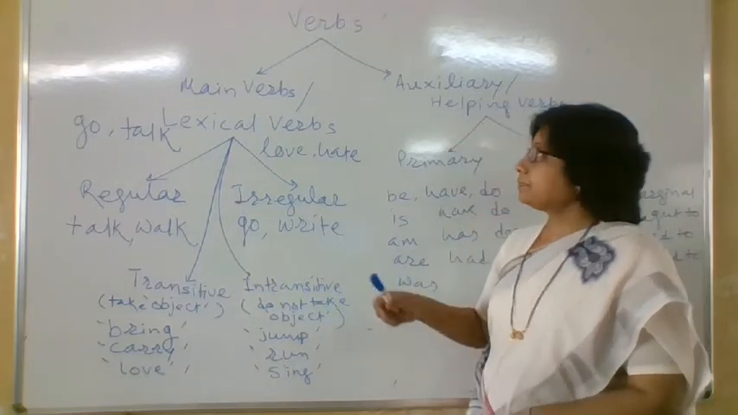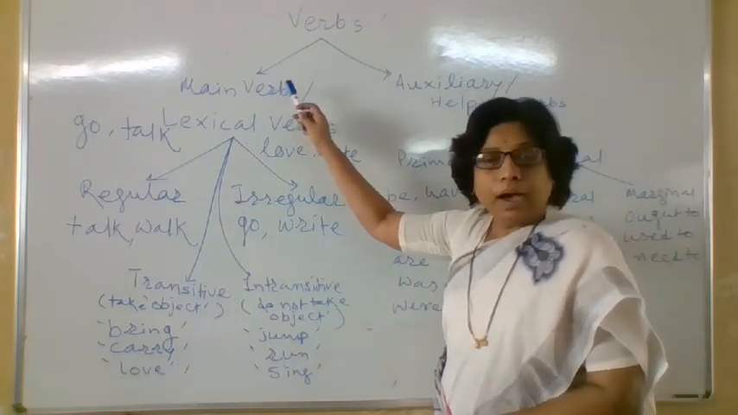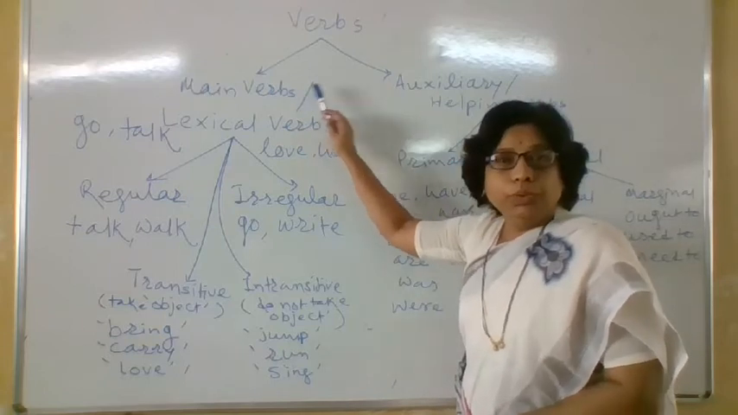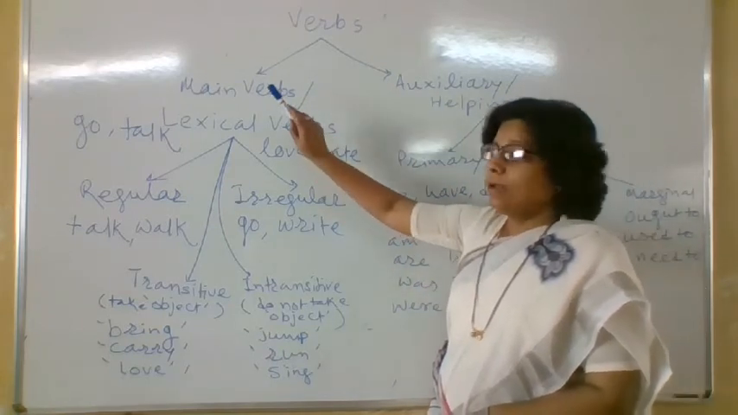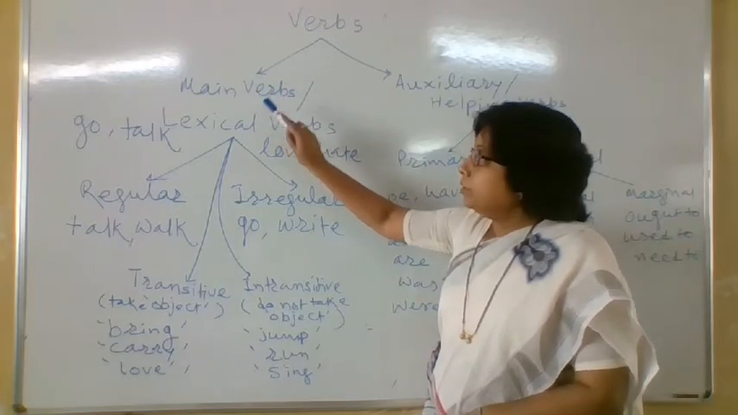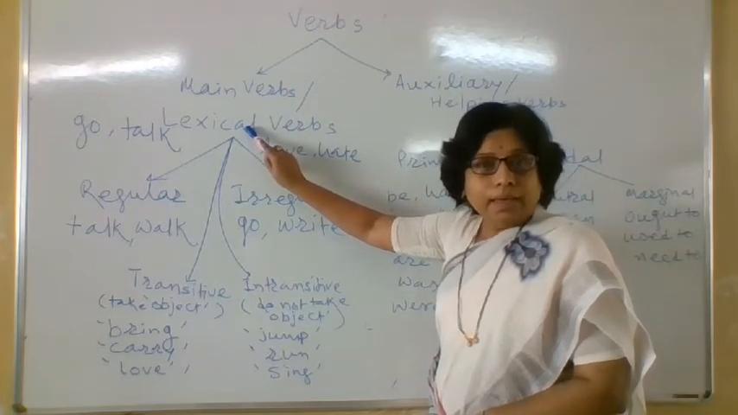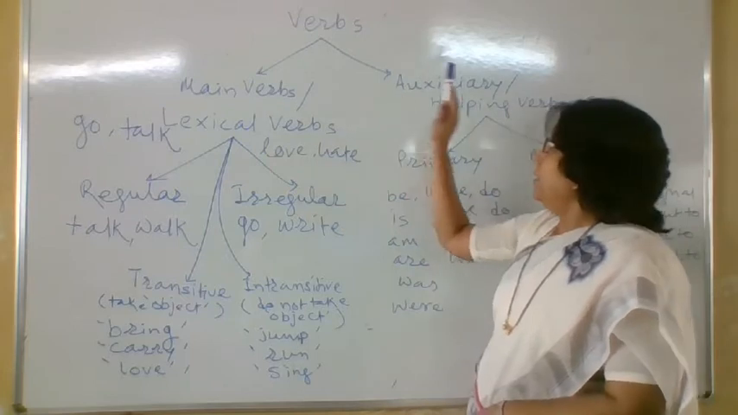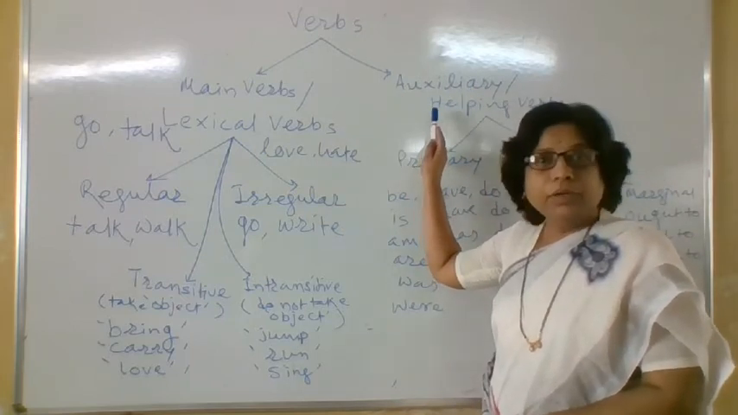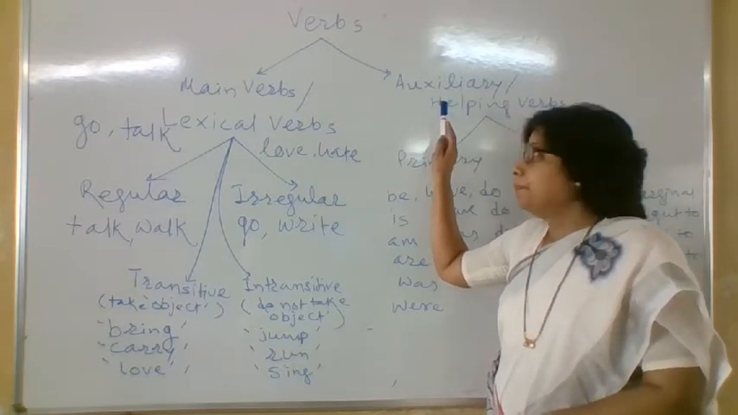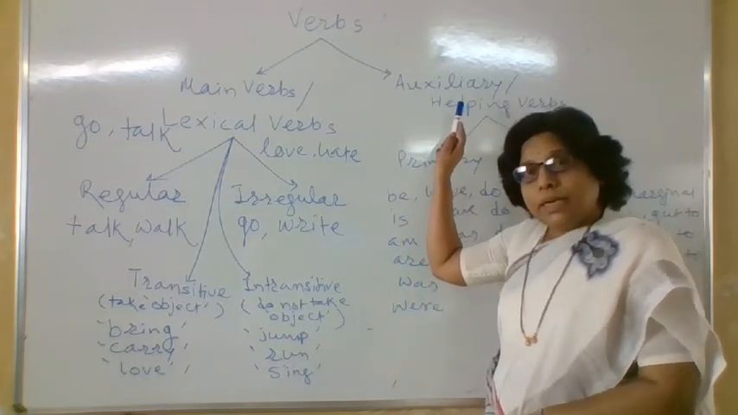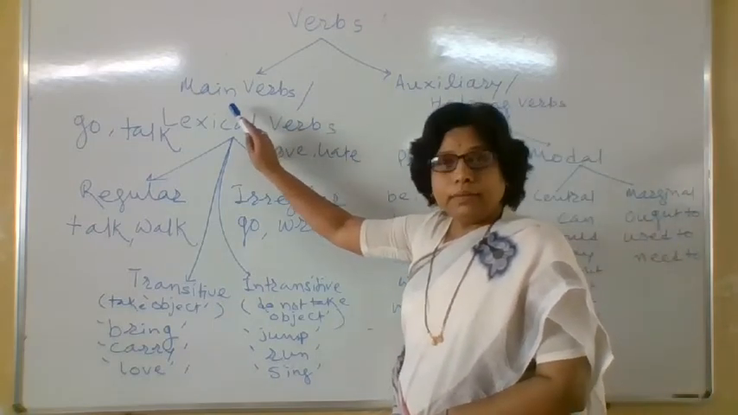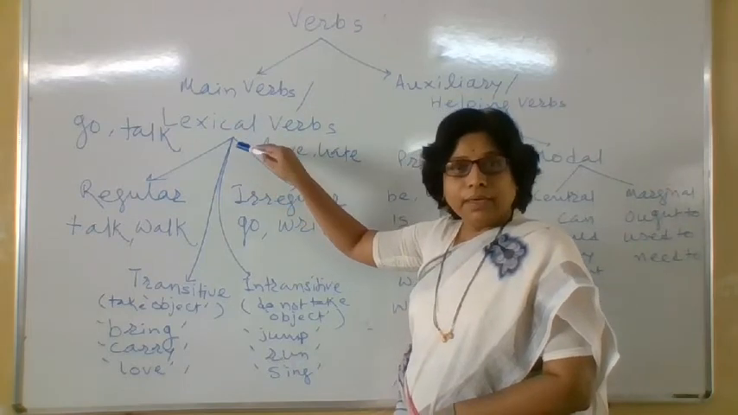Okay. Now, these verbs are divided into two main categories. Which are those two main categories? Main verbs, which are also known as the lexical verbs, and auxiliary verbs, which are also known as the helping verbs. Okay. Why are these known as the helping verbs and why are these the main verbs or the lexical verbs? Because